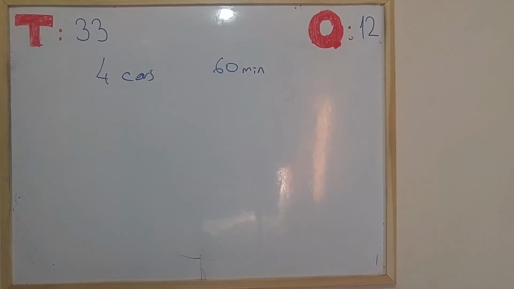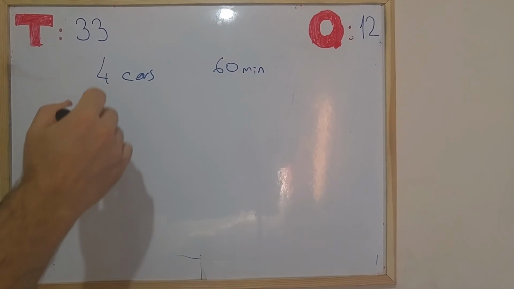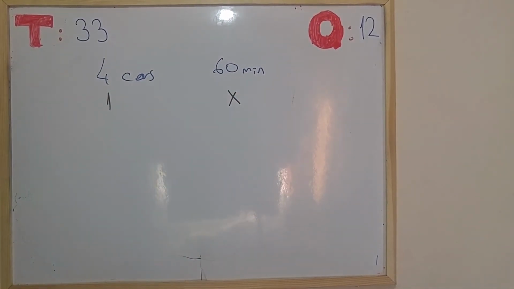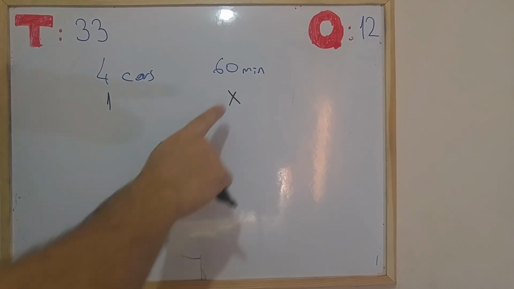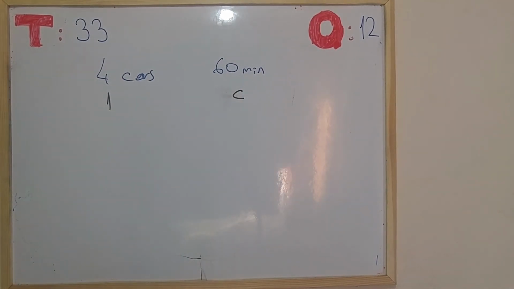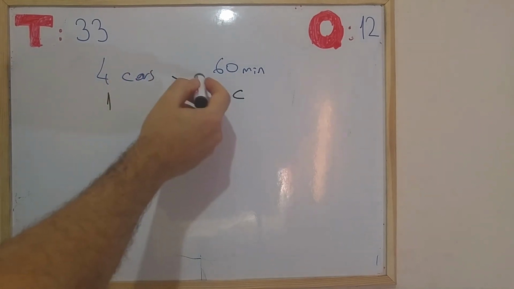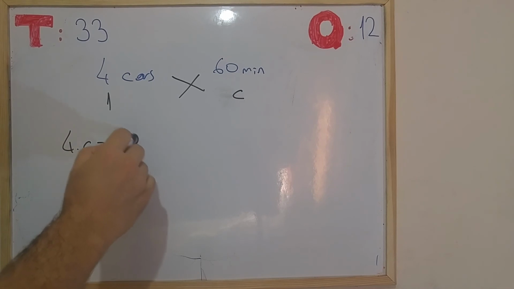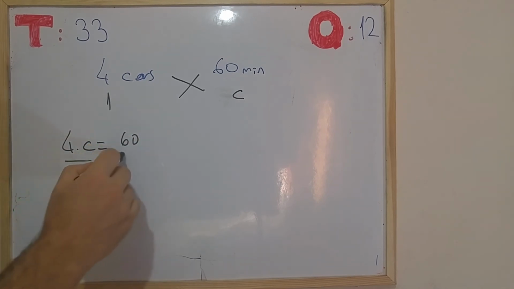4 cars take 60 minutes, so how much time would 1 car take? Let's find that out. Actually, we're going to have to name it as C for the purpose of the answer. Let's do it. 4 times C is equal to 60 times 1, so C is equal to